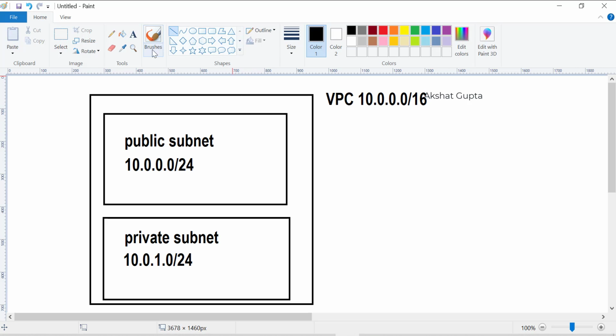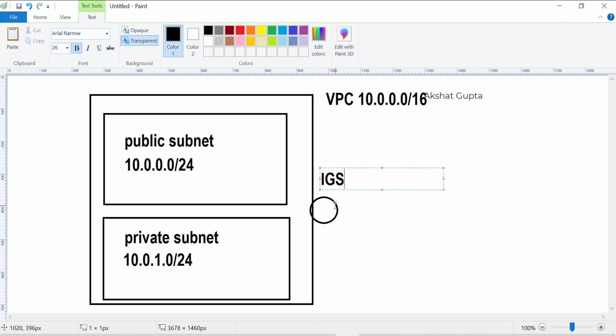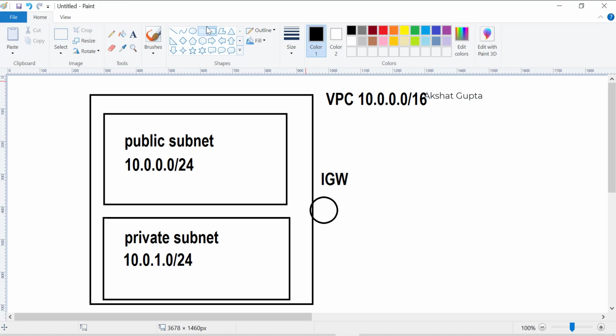So this is how you would be doing it. Now let's do one thing. We have created an internet gateway, so this is the internet gateway. Let's give the routing, let's create the routing table.